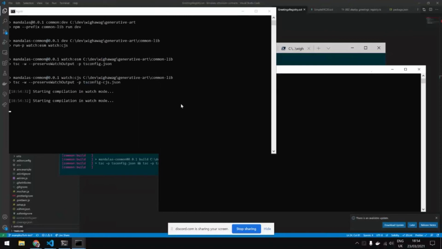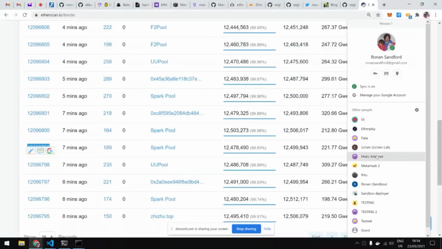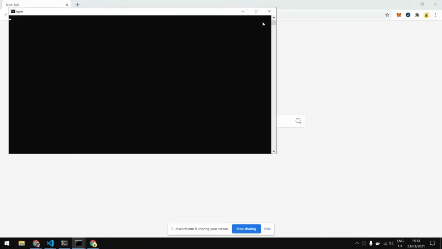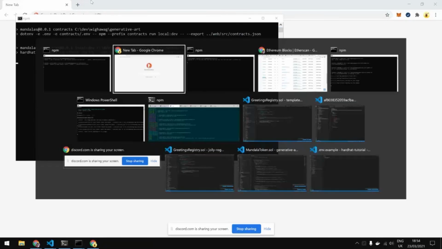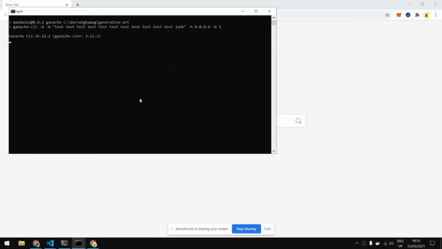And all of them will be watching for changes and recompiling. So this one is actually for the common library. It's something I always like to have because it happens often that you work on your front end, you need some specific thing, but then you realize you also need it when you test your contract. So I have this common library that can be used by both.